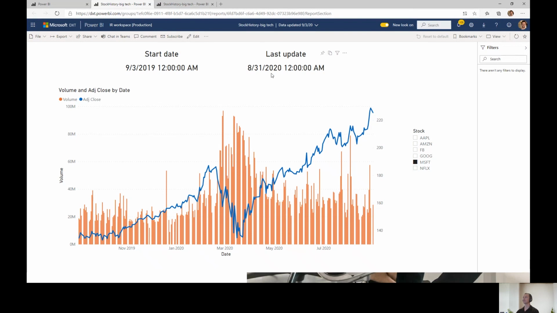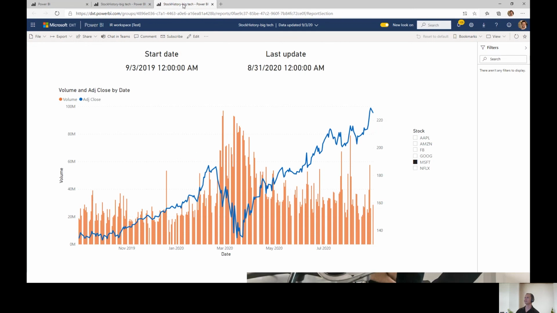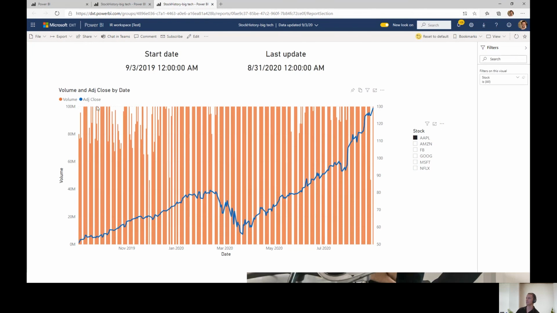This is the data that I have of almost 1 year of all the major stocks in the S&P 500 with the change in the share price and the volume that the share has been used at the same day. I can switch between them. You can see that in the test, it's also the same, and this is also the same for development. Also, I can go in. Oh, you can see here, Apple is being cut off because it's above 100 million,